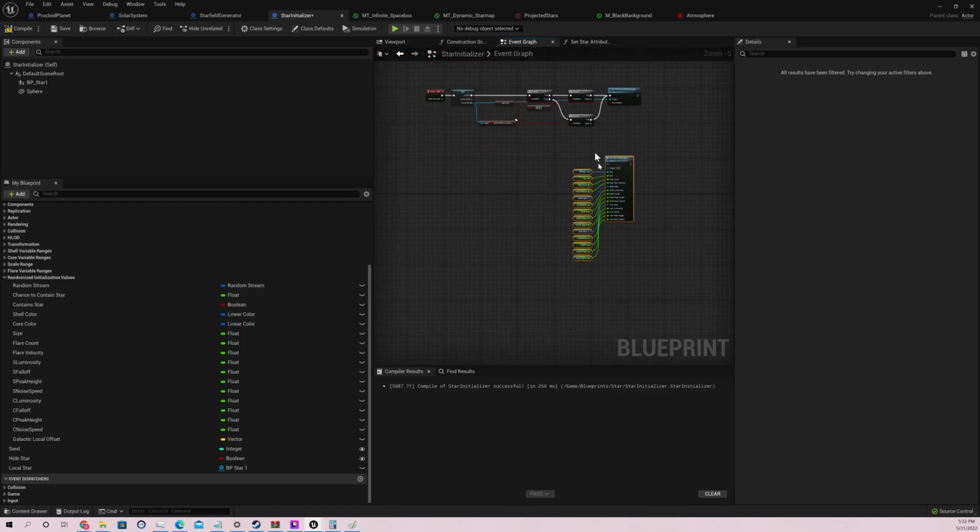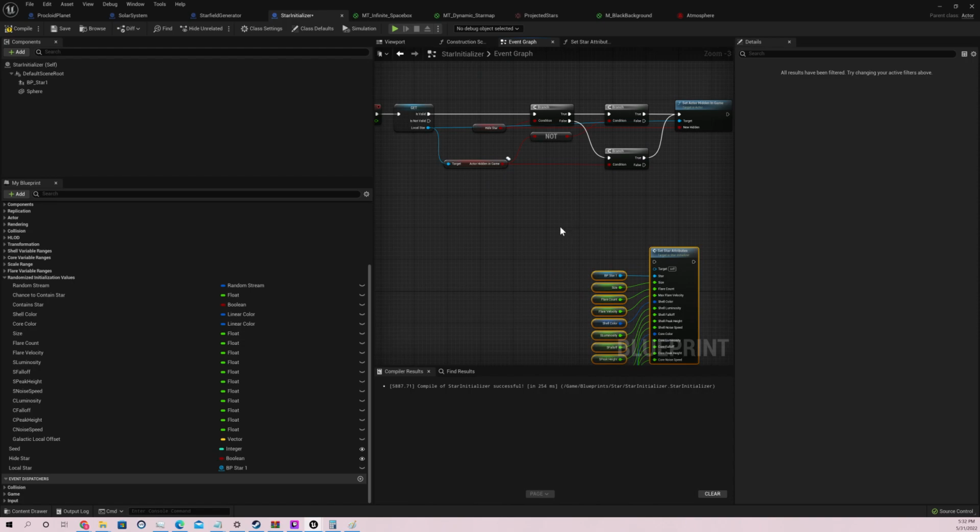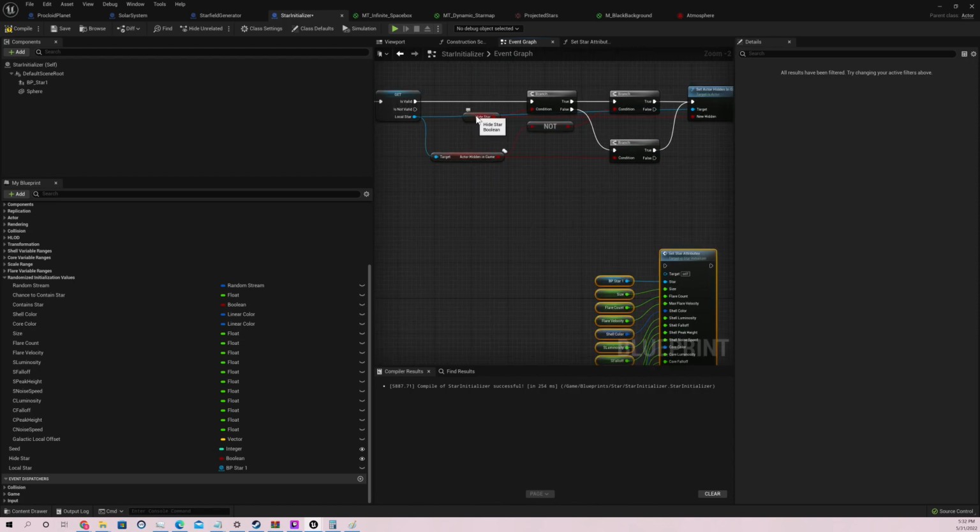Yes. I think I have a way that will be workable. So I have hide star, actor hidden in game. So if these are both true, but if they're both true or they're both false, I don't want to do anything. But if they're not equal,